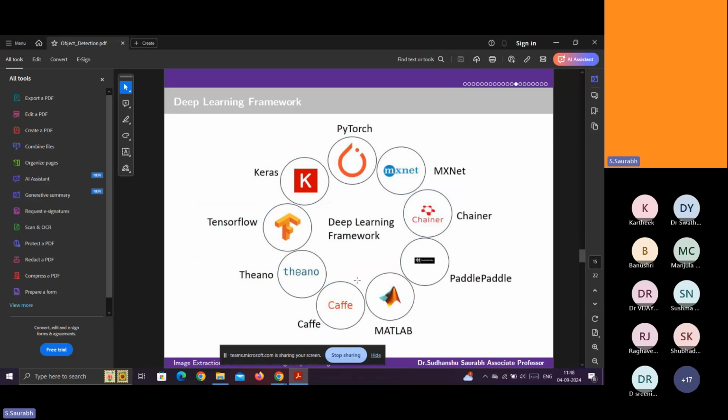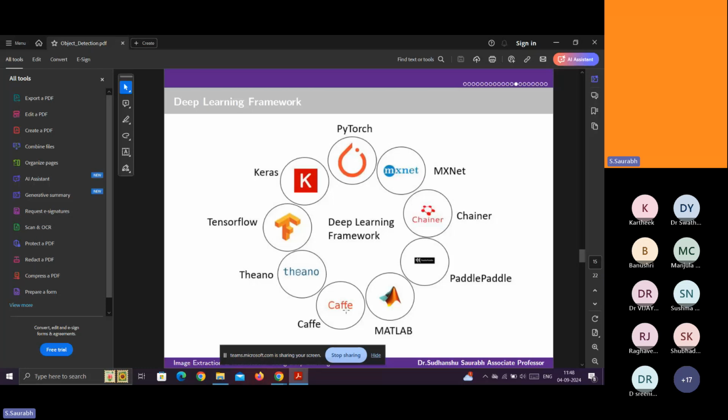See, the framework, which framework is better? Nowadays people are using TensorFlow, Keras together, and PyTorch also. But except these, other frameworks are also there, like Theano and Caffe, because 7 to 8 years back, Theano was very useful for this kind of analysis, and MXNet was also very much useful.